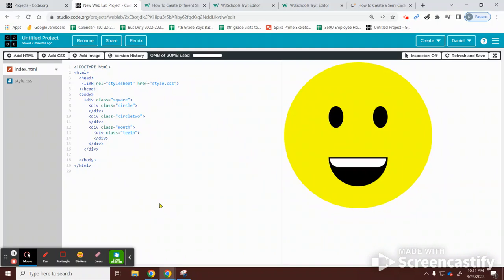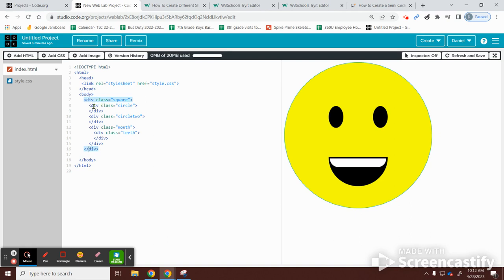All right, in making this smiling emoji, the first thing we've got to make sure is that it's linked to our style sheet, and it is. And now remember, as we do our divisions, we want to make sure that everything we want inside those divisions is inside our opening tag and our closing tag. And so I can tell that my big division, which is my big circle, even though it's called square, it's a circle,